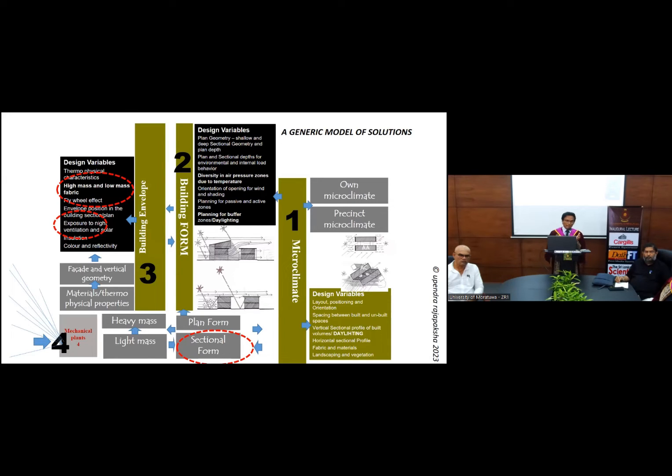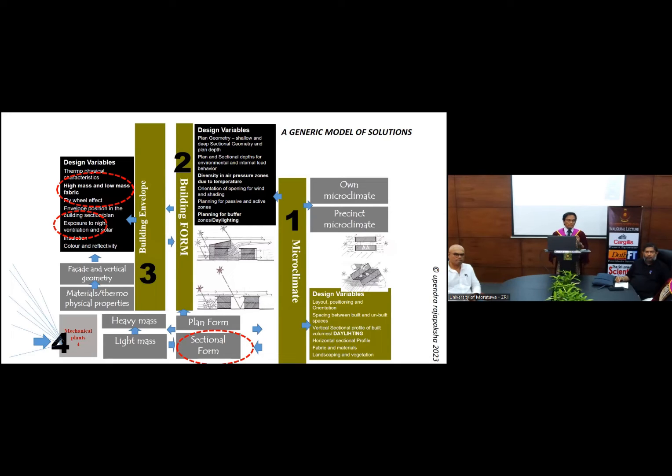You can simply lift up the left volume, leaving the ground floor vacant or free. Then the left or the west side big mass creates more shading on the courtyard. So this is just one example, but there are 101 solutions like that. Then the next stage of intervention is the building envelope.